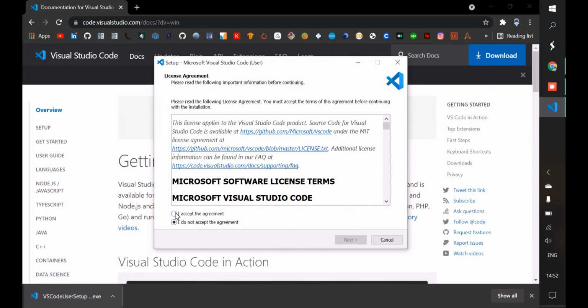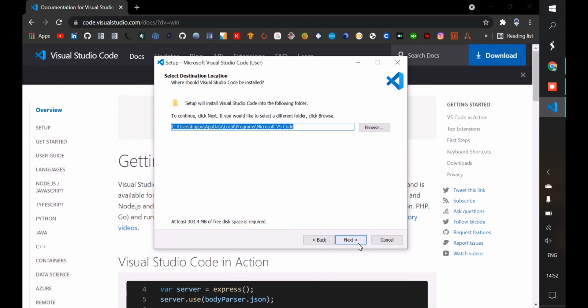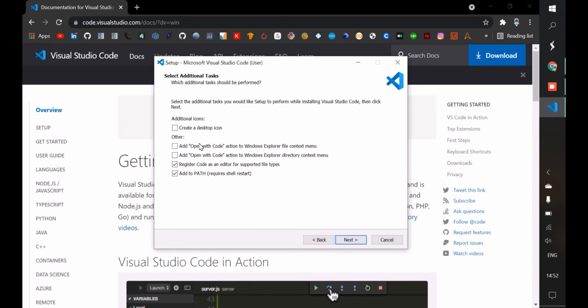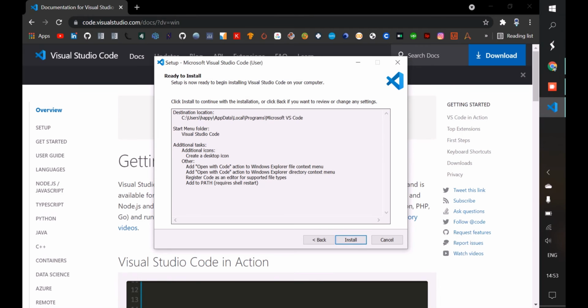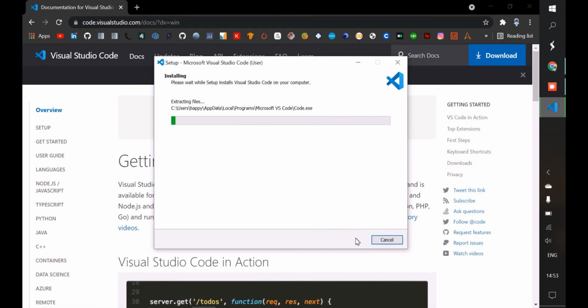Accept the agreement, then next, keep it default, next, keep it default, next. Select all the features and additional icons, then next and install. We just have to wait and it will be installed on our system.